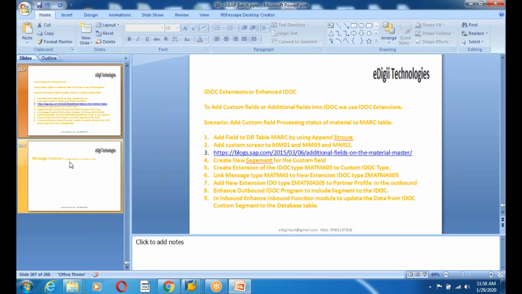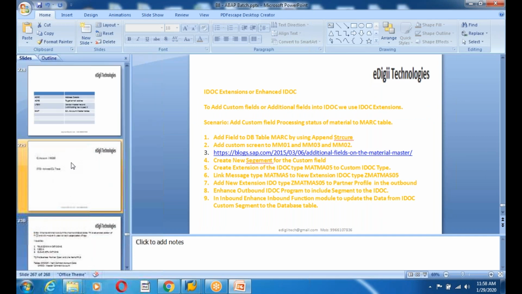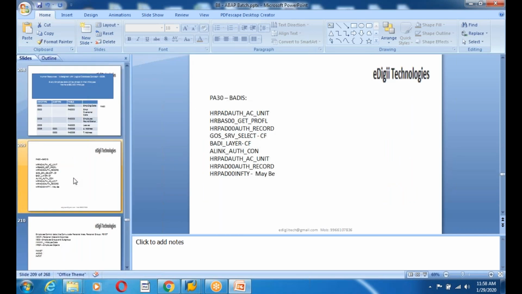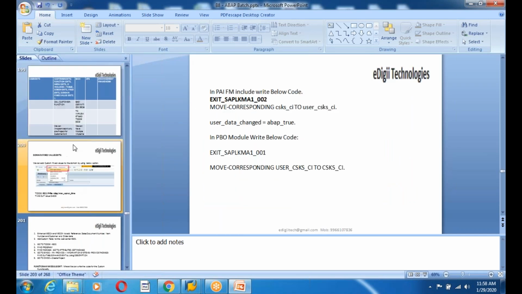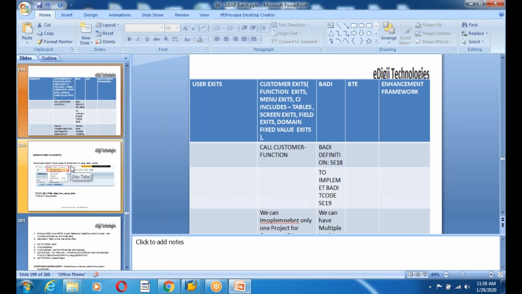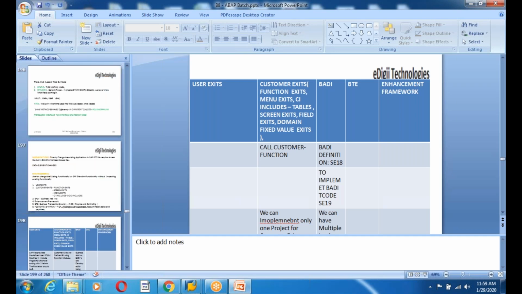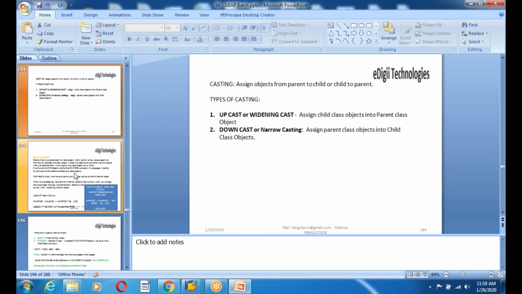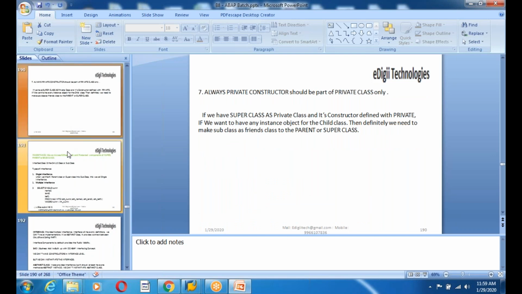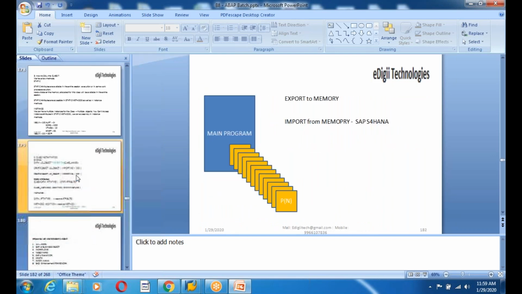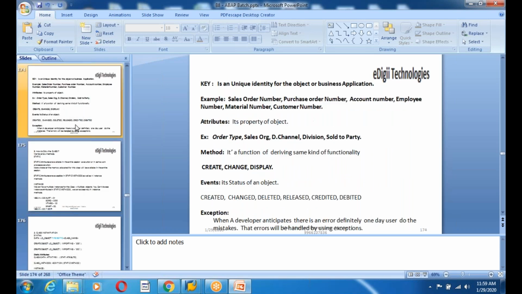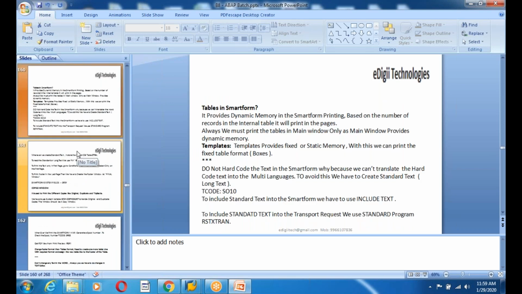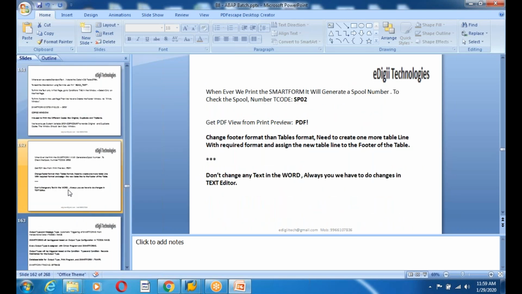In the smart form concept, I explained about the NACE transaction. Do you remember or not? I don't know, but the same concept is here. I think you need to relog in. Enhancements before smart forms. Did I tell smart forms in the basics or what? See, in the smart forms,